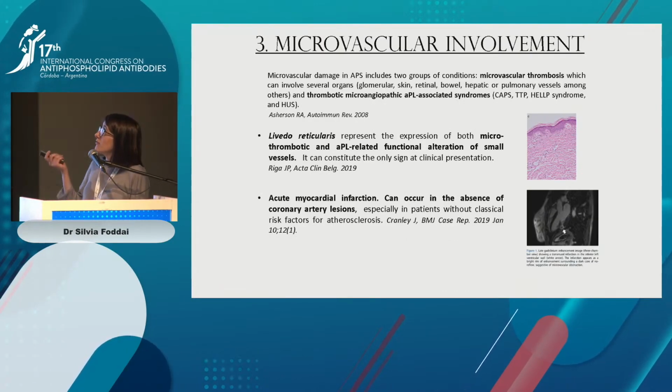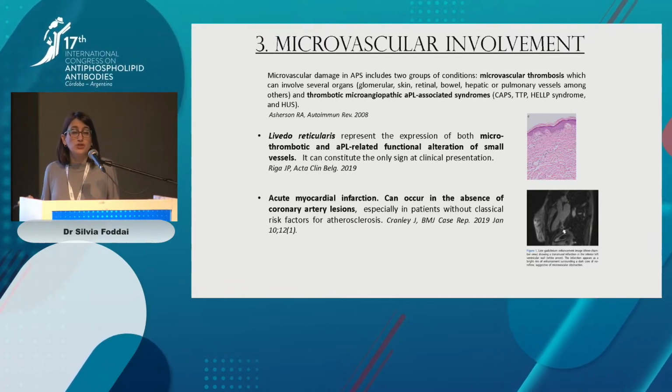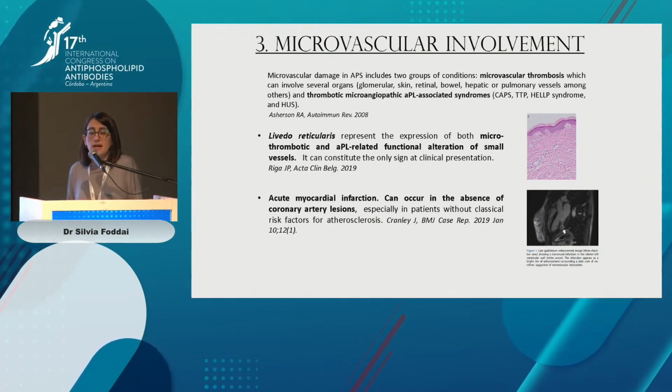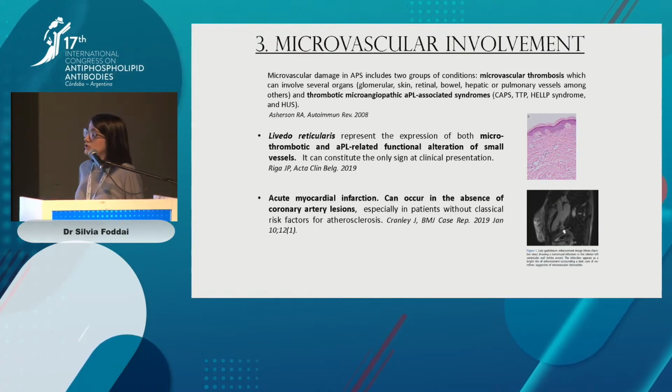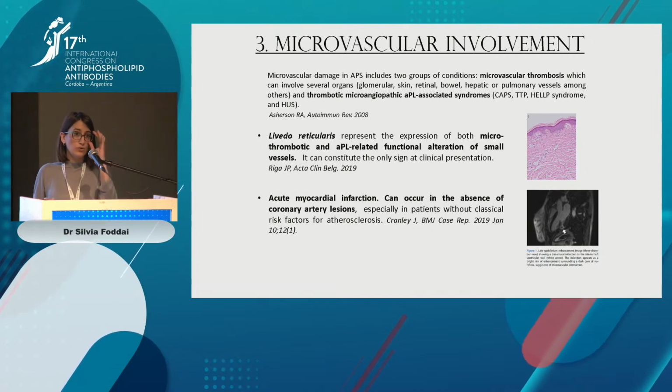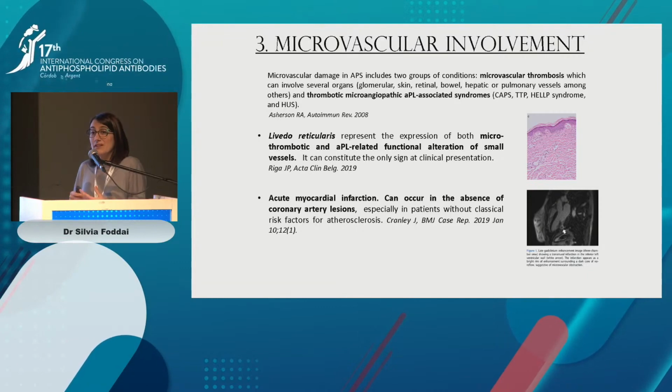I want to address microvascular involvement in APS because it's important, as it could be the first clinical manifestation that we see in our patient, and sometimes it is underdiagnosed or misdiagnosed. To name two ways in which microvascular involvement is manifested, I want to point out livedo reticularis and acute myocardial infarction. In the first case, livedo reticularis could be the first presentation that we have in our patients, but we must not dismiss it because it could underline the presence of